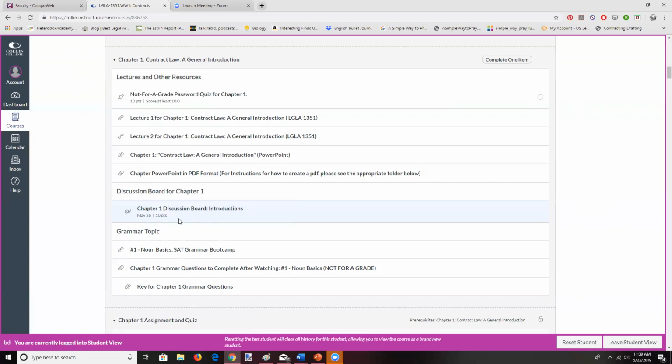But I encourage you to post early in the week. In fact, I ask if you can to go ahead and post on Monday, because when you make your first post, then that gives other folks the opportunity to reply to your post. If everyone waits until the last day to post, then that can make the discussion not so natural and evolving. Also, it means that people who are unavailable during that weekend, maybe they're traveling or something like that, may get locked out of making replies. So you're doing a kindness, I think, both to yourself and to your colleagues if you post earlier. But you do meet the requirements of the discussion board if you post by noon on Saturday.